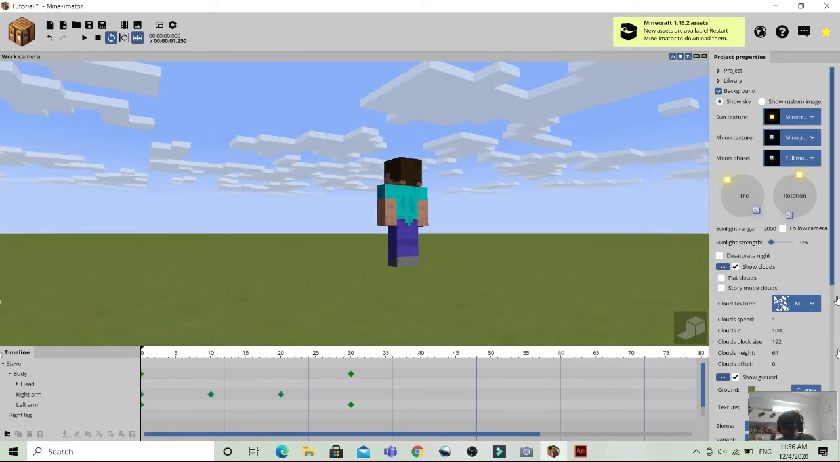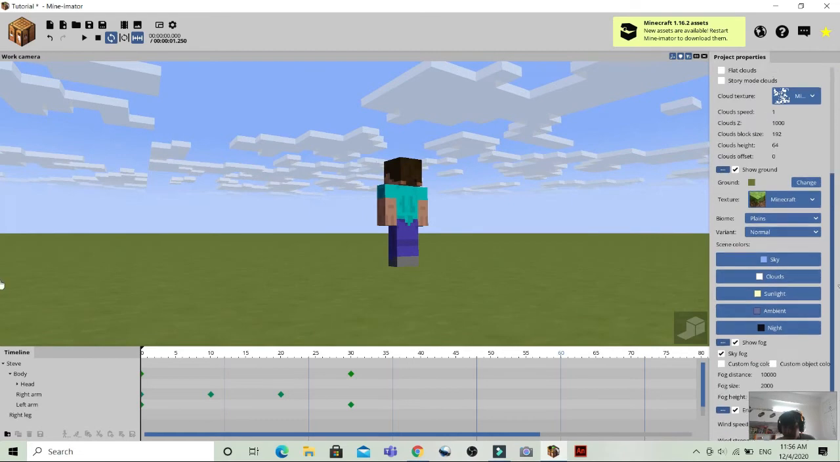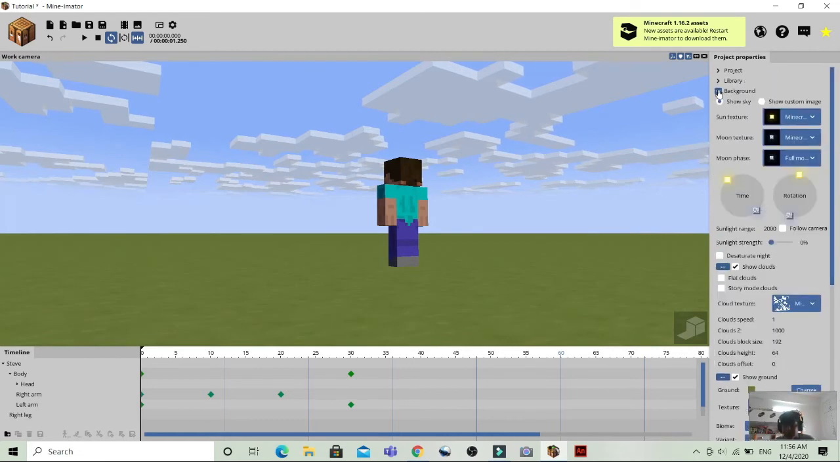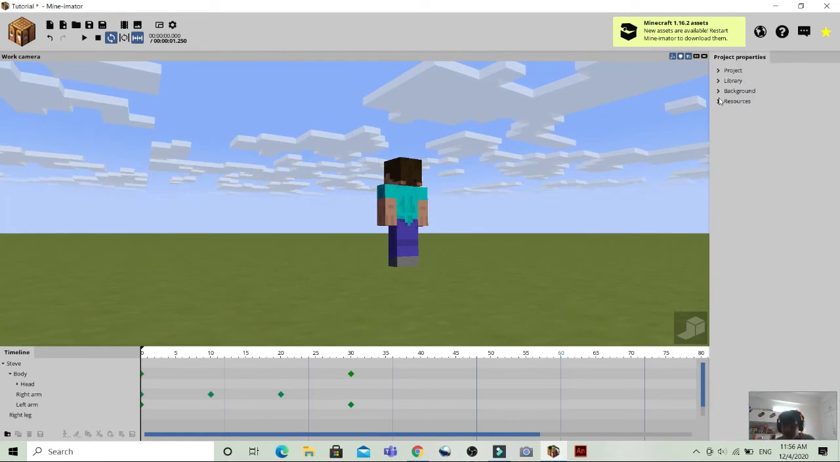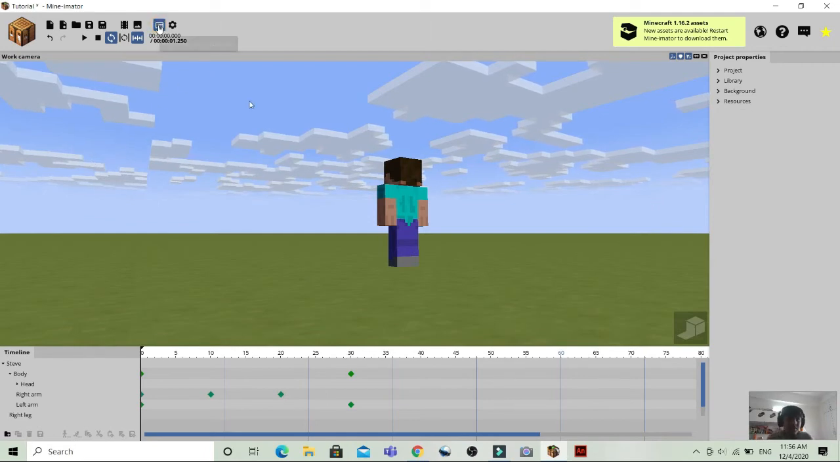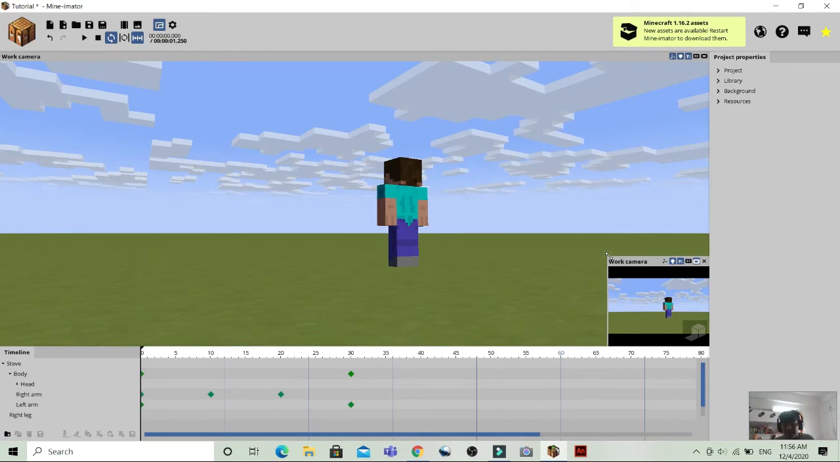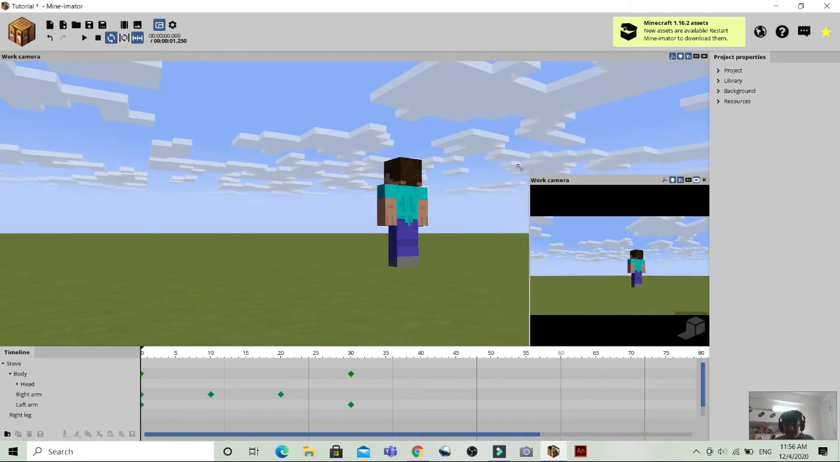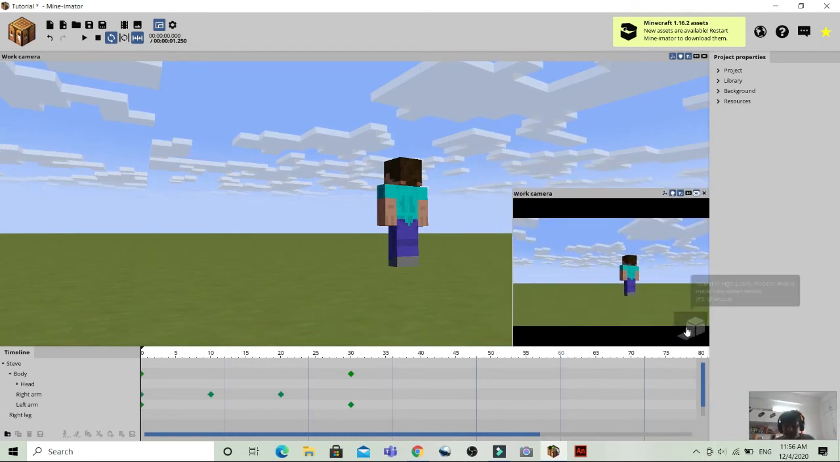Okay, so now these are the background settings which are very important. Now resources, this we'll not talk about in this video. It's something different. I'll make future videos on this. So this is the camera window panel. The camera is very important in the 3D animation. Let's render it. Now you can see